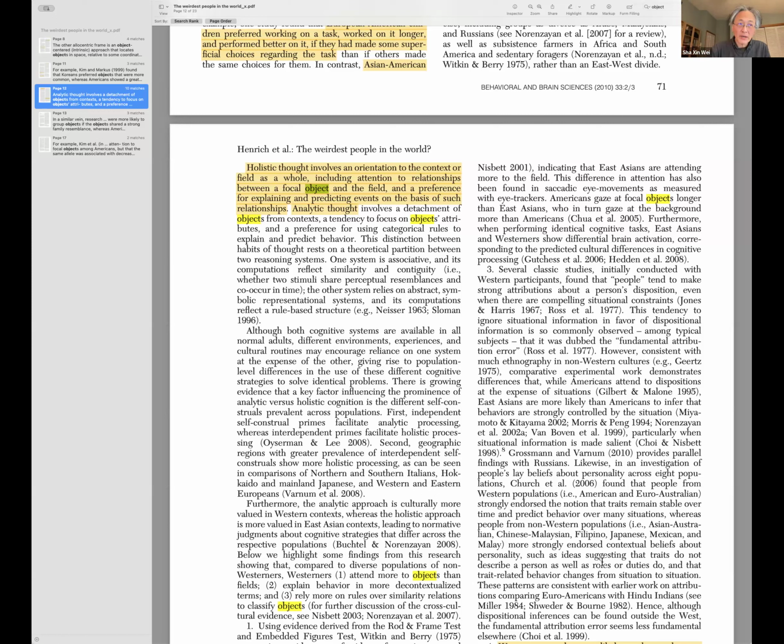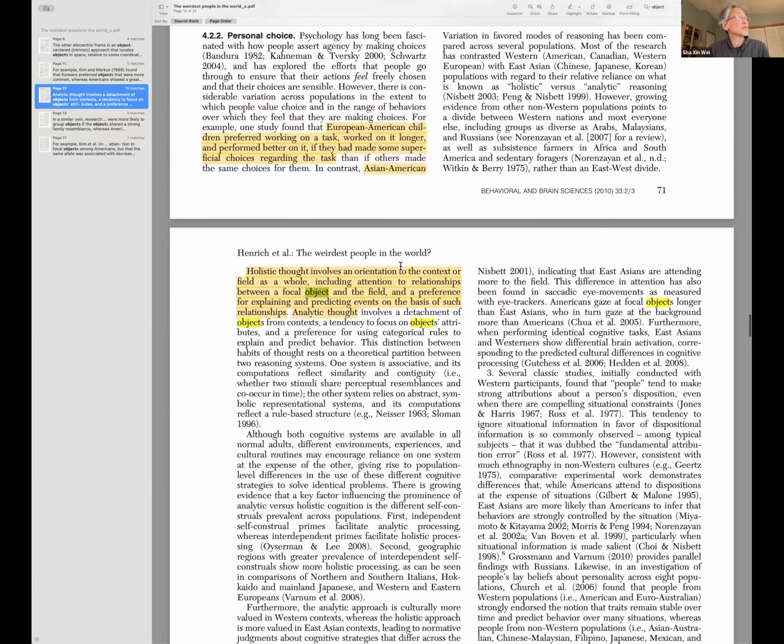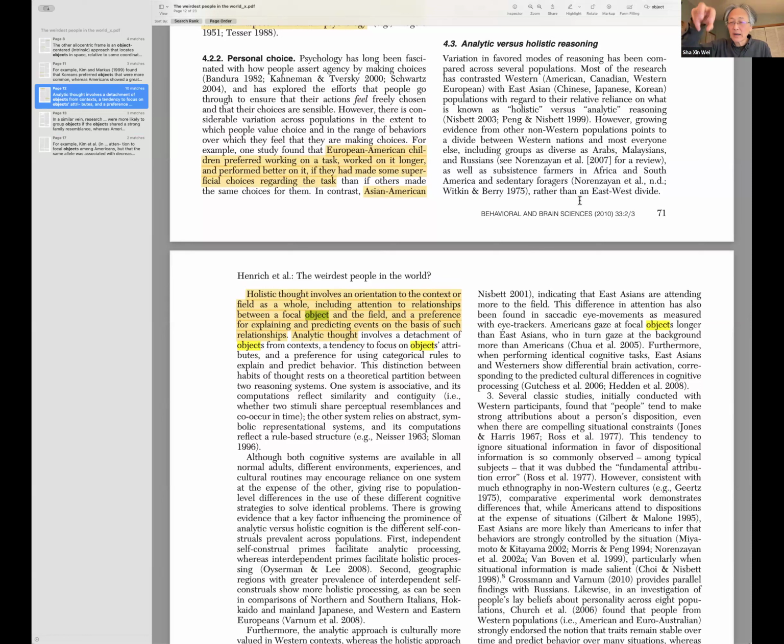On the top of this page, they talk about holistic thinking, which, as they say, is an orientation to context or to field, and relationships between the object and the field, versus analytical thinking, which is thinking about objects detached from context, defining an object on its own terms. Going back to the ego thing again, right? I can think of myself in terms of my capacities, my economic parameters, but it's all in terms of me, right?